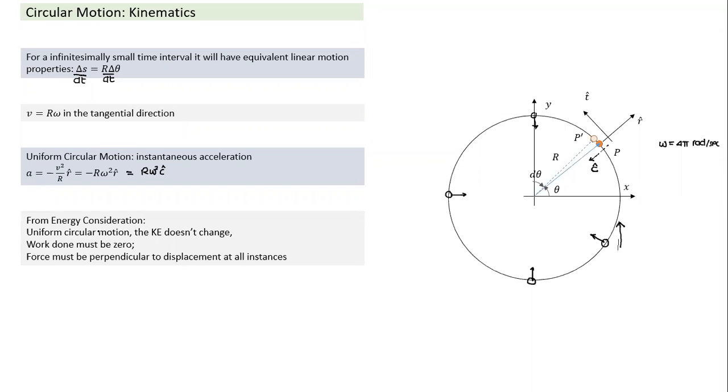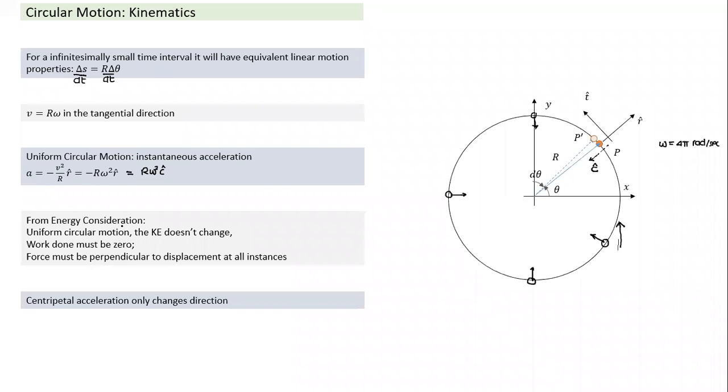If it is uniform circular motion, speed is the same, so kinetic energy is not changing. But there is a force present because there is an acceleration, as the direction is changing. If it is going in circular motion, there has to be a net force acting. So there's a net force, there's a displacement, yet work done is zero. It implies the force must be perpendicular to the instantaneous displacement at all instances. So which is the direction of the force? Always toward the center: centripetal force.